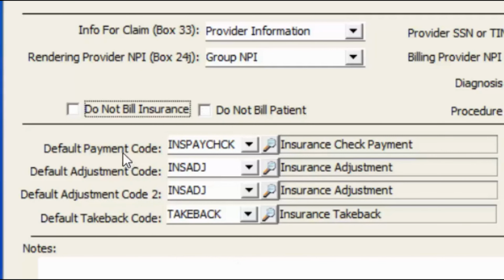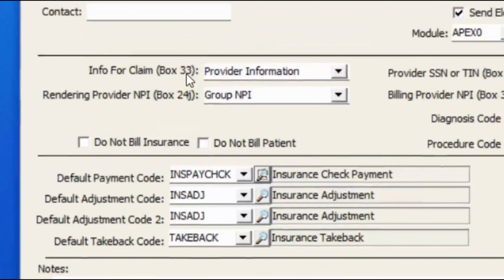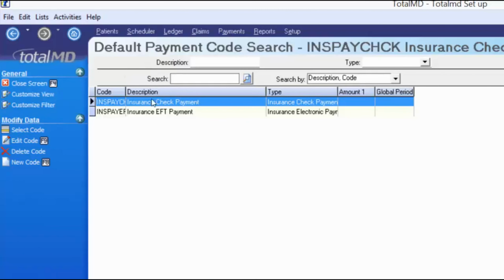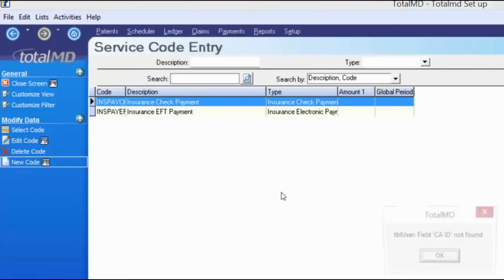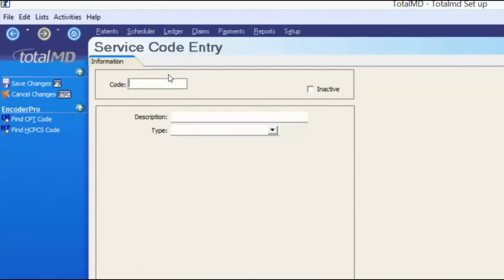We do have a space here for default payment codes whenever you're posting payments that have come through based on this insurance plan. So for example, generically we have insurance check payment as a payment code. Let's say you want Blue Cross to have its own designated heading for the insurance check payments you receive from them. What I would do is click the magnifying glass to go to my master list of codes, click new code to create a new one, enter in some sort of abbreviated code, BCBS PAY works for me, Blue Cross Blue Shield payment,